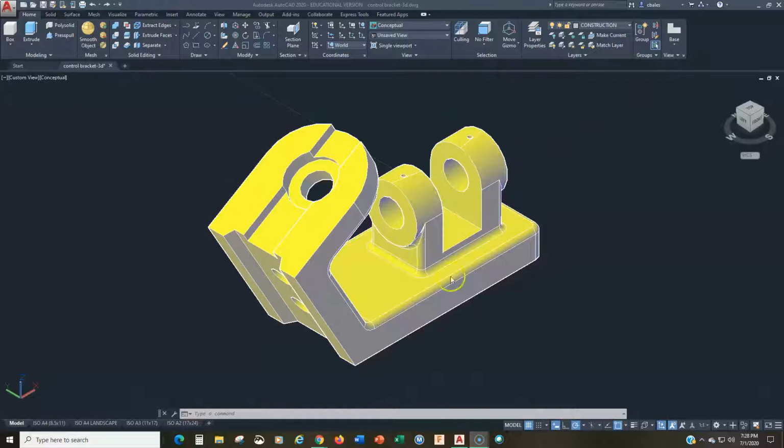The views I want to create are a front section view, a top view, a right side view, and then two auxiliary views of this inclined surface and this inclined surface. All right, so let's go ahead and